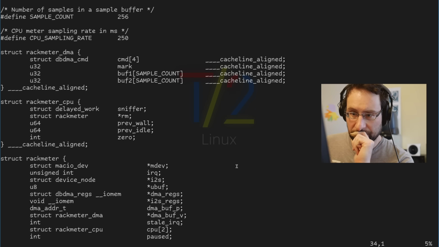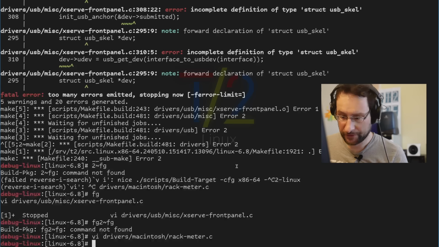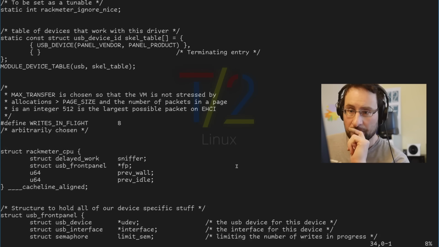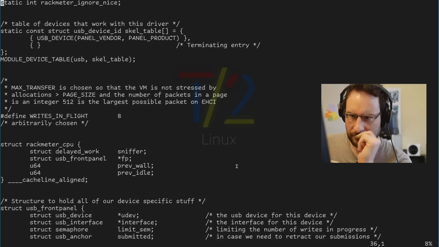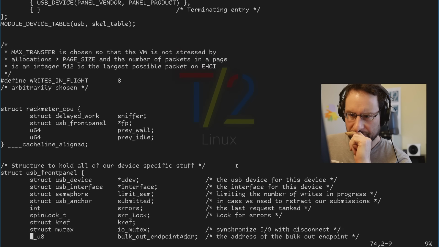What was even, so we have, oh wait, this is the wrong file. Rec meters, CPU,